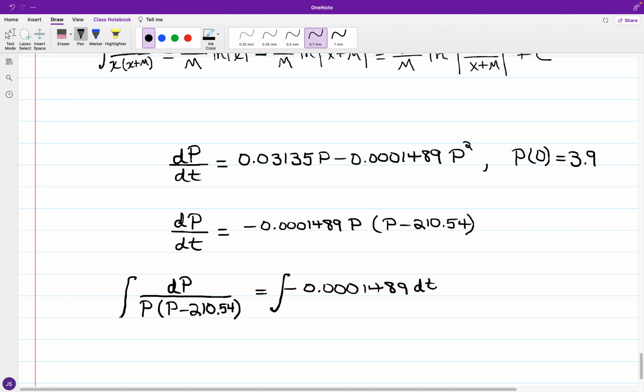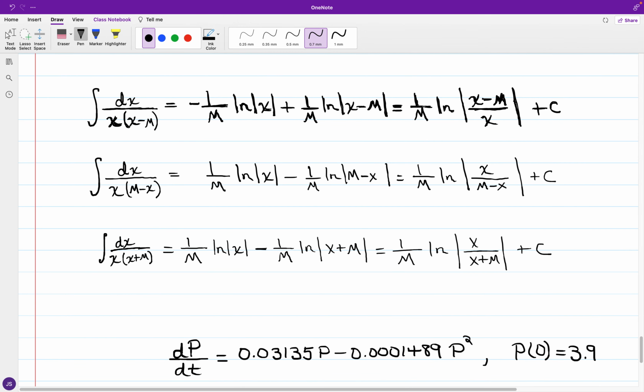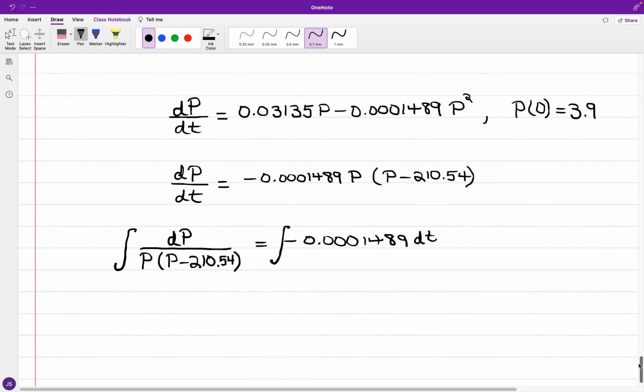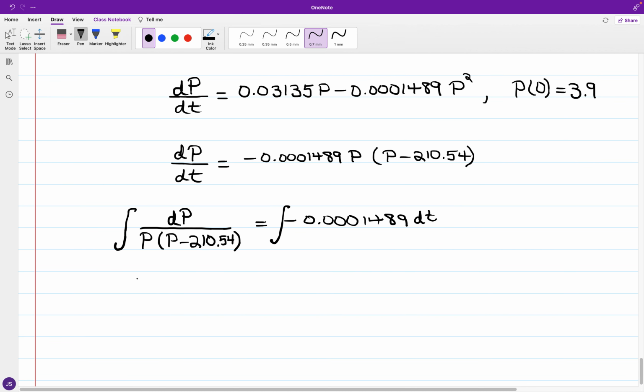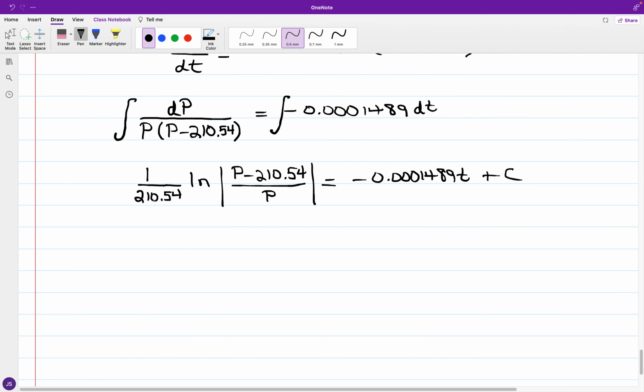Now upon integrating, we're looking at 1 over 210.54 times the natural logarithm of P minus 210.54 all over P, equal to this very small decimal number times t, followed by the constant. Multiplying by 210.54,